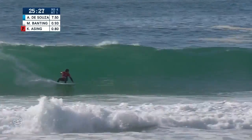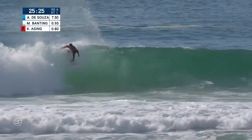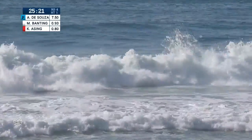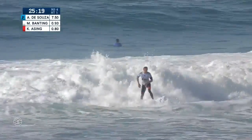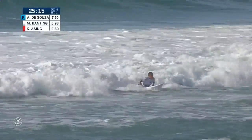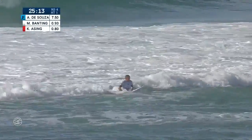Now picking up on Keanu Asing on the northern end of the lineup here. He'll chuck a big hit to the lip there. It's just the one offering for the young Hawaiian, and Banting picking up on him. A couple of little shudders going through the lineup here still, as we really are at the bottom of the